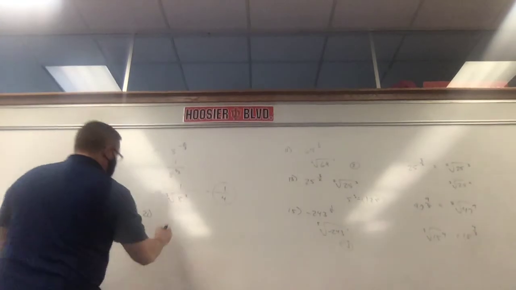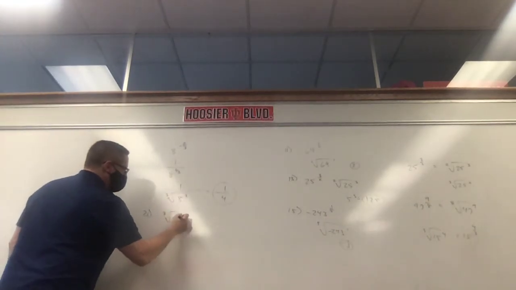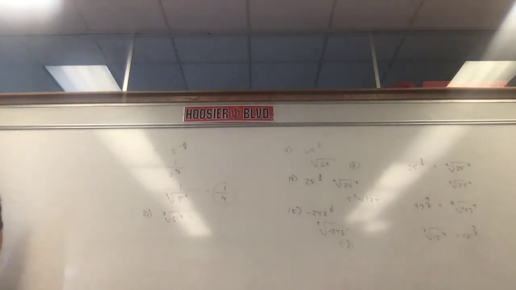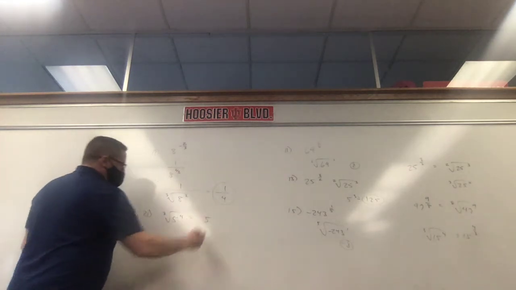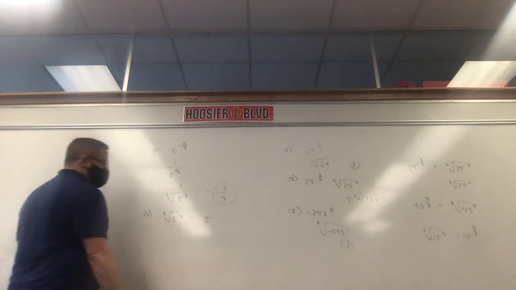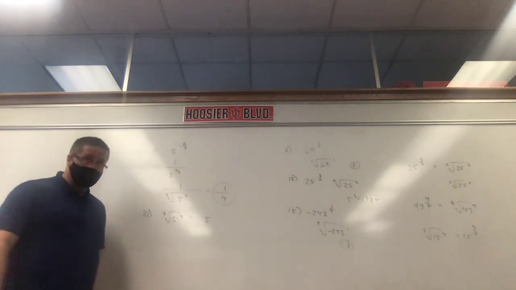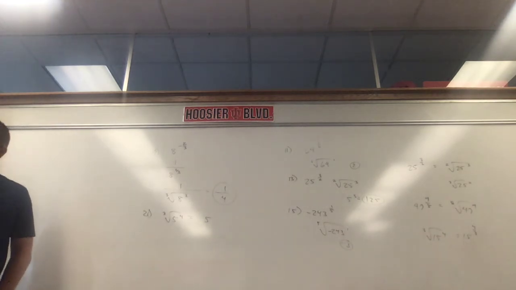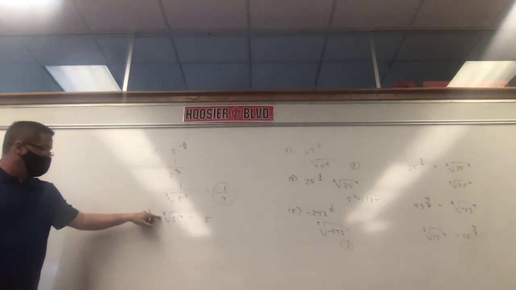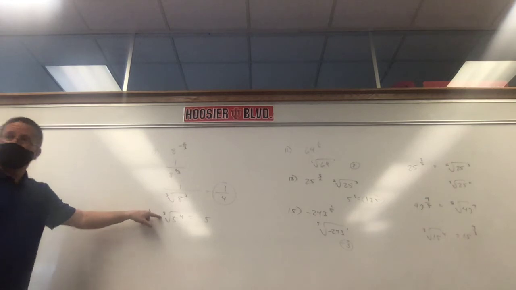What does that say? The third root of 5 to the 4th. All I want you to do is rewrite it. That's all I want you to do. Rewrite the cube root of 5 to the 4th. Write it without radicals. So 5 to the what? 4 over 3. Okay, is it 3 over 4 or 4 over 3? 4 over 3. Why is it 4 over 3? Because 4 is the last thing you wrote. 3 is the first thing I wrote, so it's going to be the